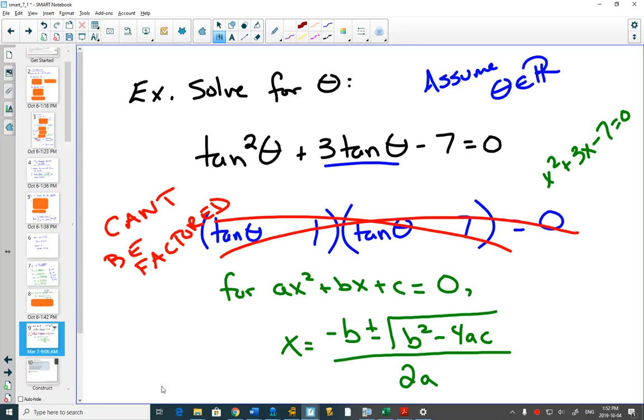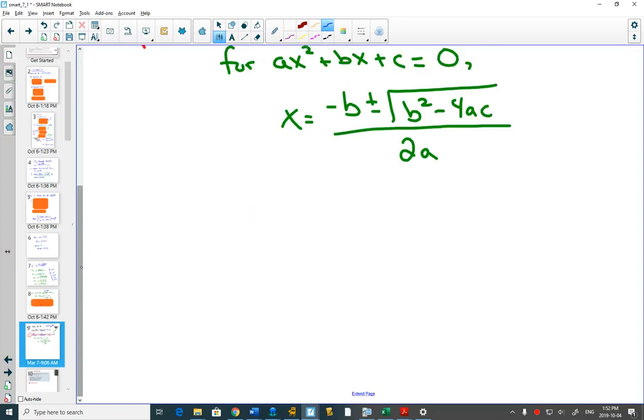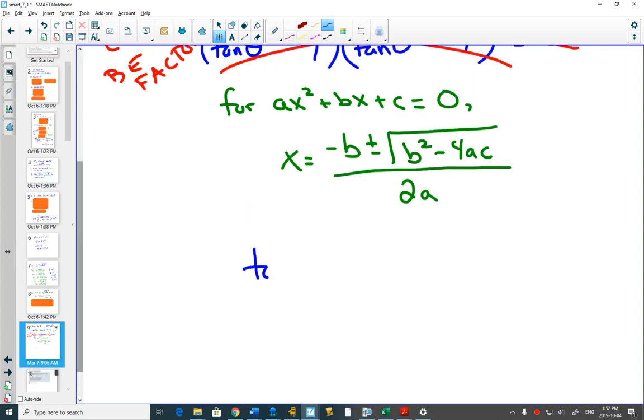So for ax squared plus bx plus c equals 0, x equals that. What do we have? We don't have x squared. We have tan squared. We have a number in front of tan, which is like there's a 1 there even though it's not written, right? So a is 1, b is 3, c is negative 7, but instead of an x, we have a tan. So when we go to use this formula, instead of writing x equals, we will write